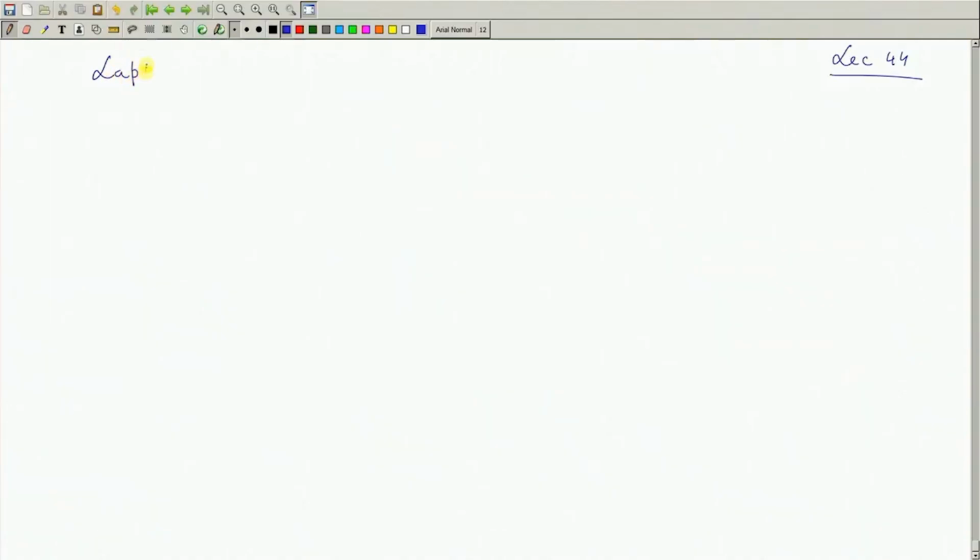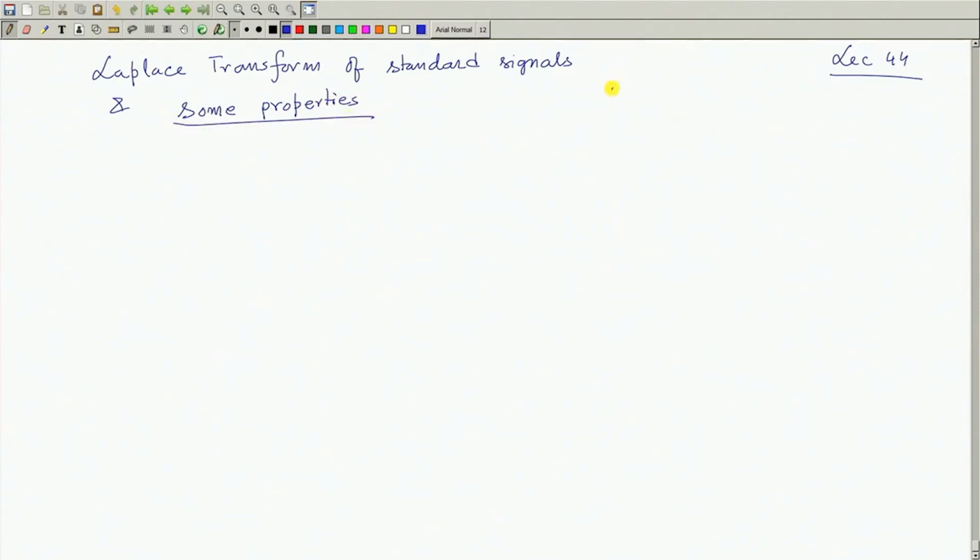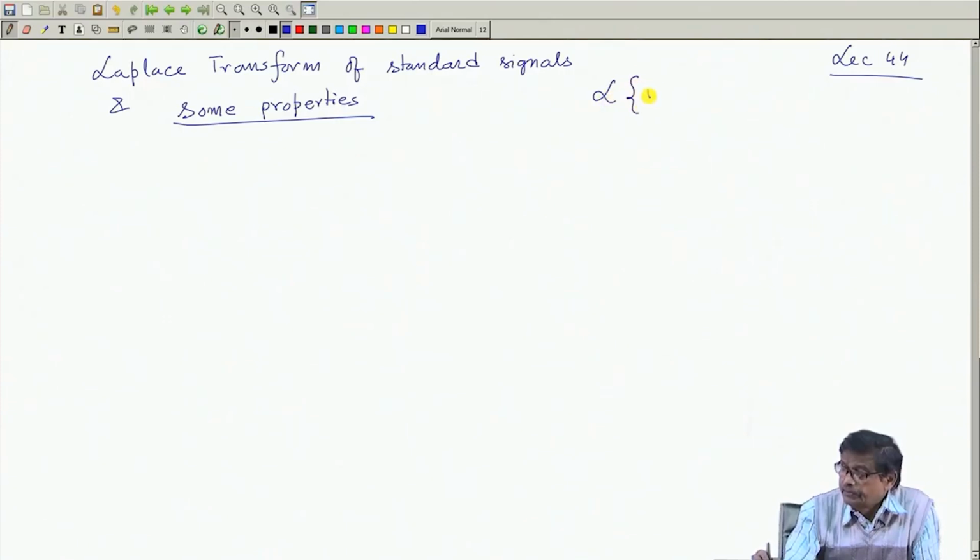So, we were discussing the Laplace transform, a very interesting topic with useful practical applications. We looked at the Laplace transform of some standard signals and some properties. For example, we found out last time that the Laplace transform of a unit step function is equal to 1 over